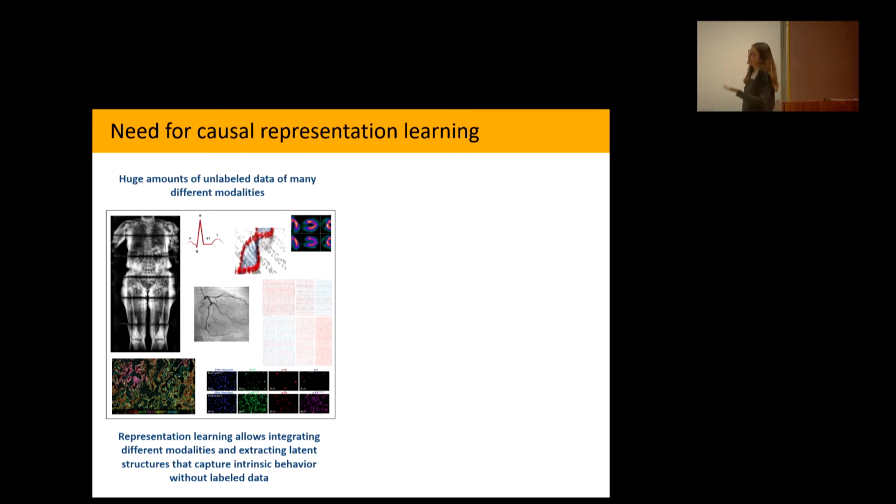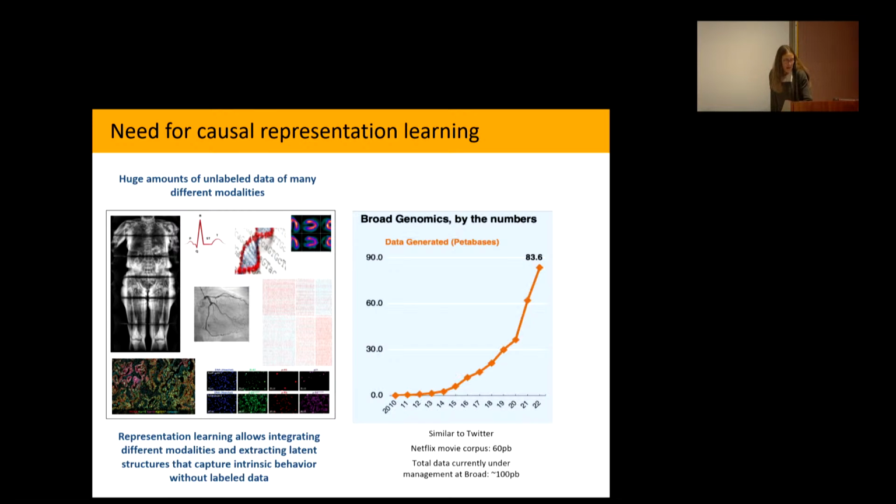But how is this different than your standard representation learning of say, when you have images from the internet and then maybe figure captions from the internet? There also you have many different types of modalities that you may want to integrate. And what we'll talk about a lot is that in the biological field, what we really want to get at is actually two mechanisms.